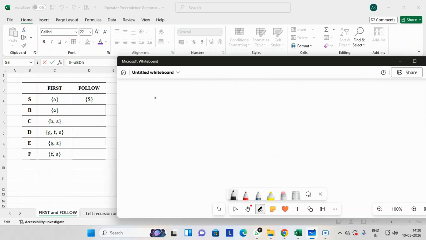So if you observe, the grammar was S giving A, B, D and H. Now we are finding follow of B. If you observe, B is followed by a capital letter. If a capital letter is followed by a capital letter, then we replace that capital letter by its first.